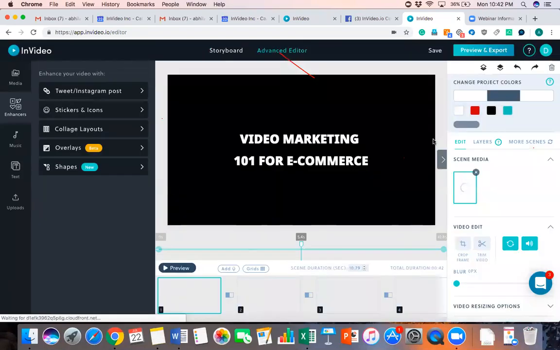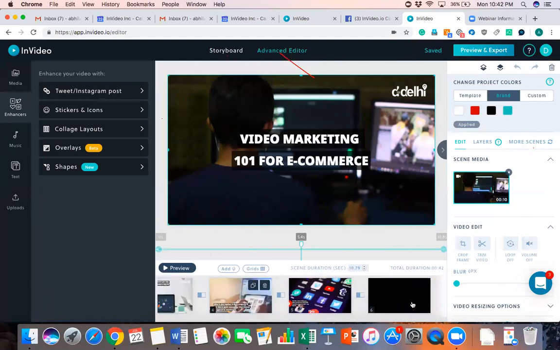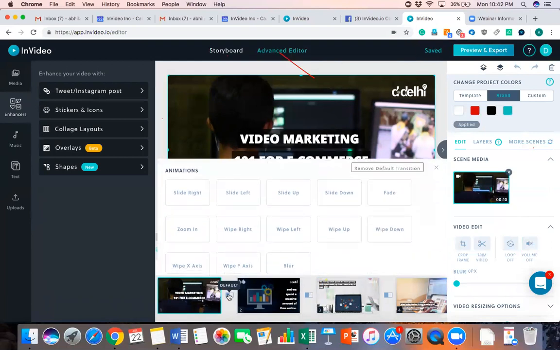It's not drastically different. Everything remains the same in terms of the fact that on the right is your edit panel, on the left is your asset library. It's just that your scenes will be here at the bottom in the form of a semi-timeline of sorts, right? Now, if you want to change your transitions, you see these small rectangular boxes between your scenes. You can just click on them, click on any one of these effects,